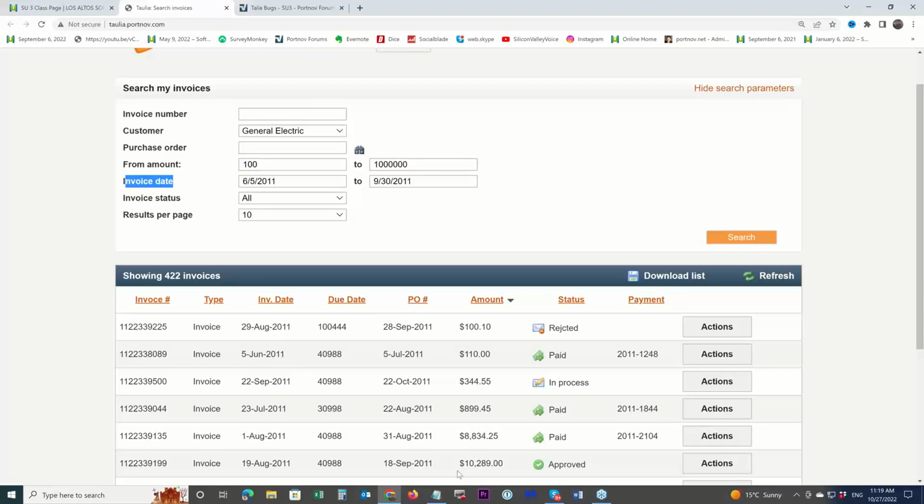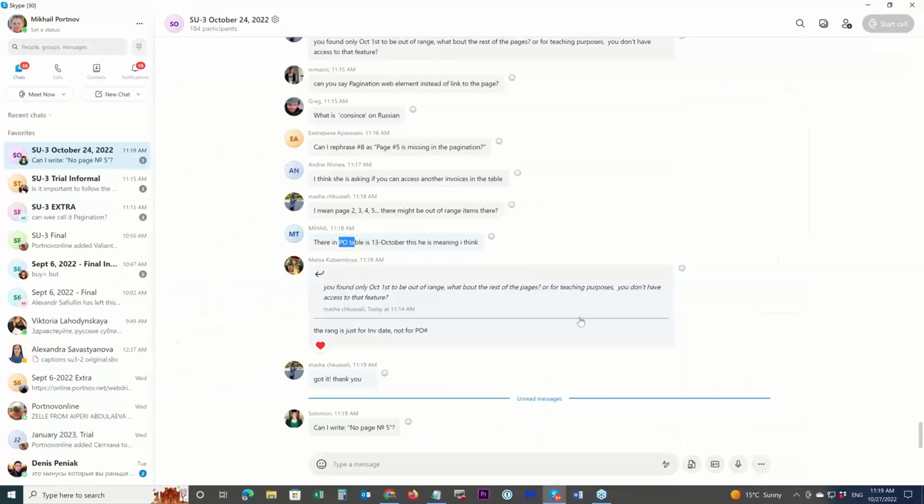I don't care about other things. An invoice could be issued on September 30th, and then paid off maybe a month after. But we are limiting the search to that specific field, specific property. Okay.